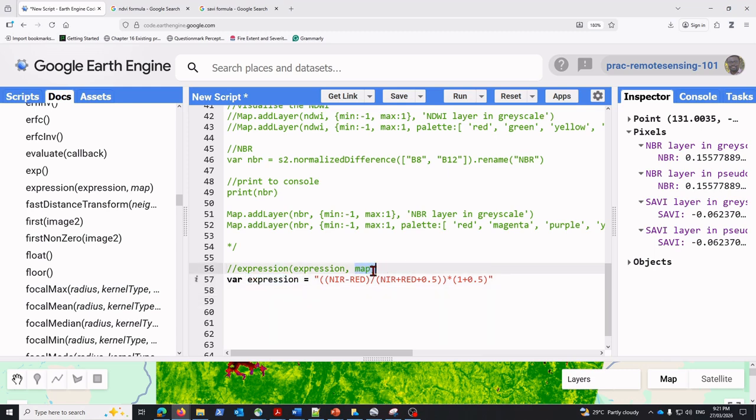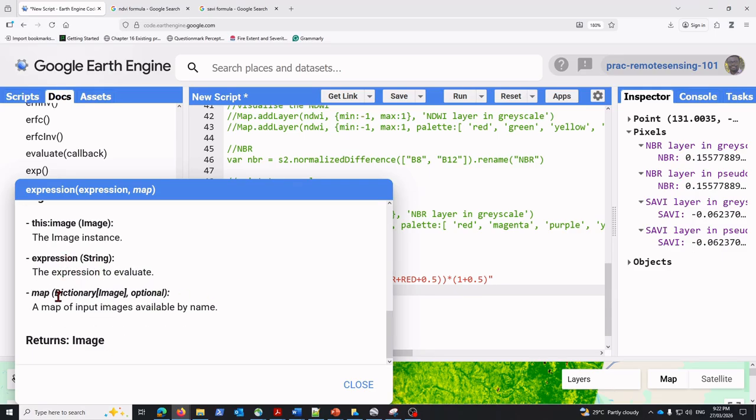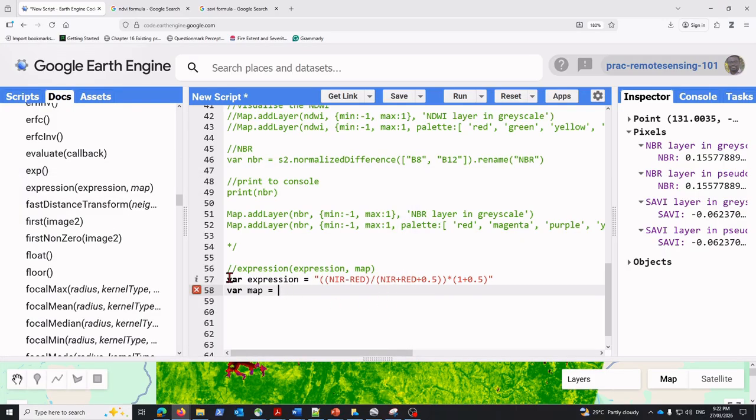The next object is this one here, map. So we're just going to copy map here. I'm going to paste it here, and then I'm going to create a variable map. And then what is map? I don't know what it is. I need to go back to the description here, and then okay, that is going to be a dictionary. So a dictionary is what? Dictionary is represented using curly brackets. So I've got this curly bracket here, so it means that it's a dictionary, but it's empty. So at the moment, I have to tell the computer what